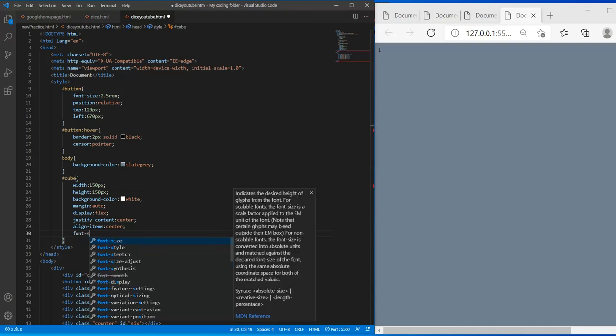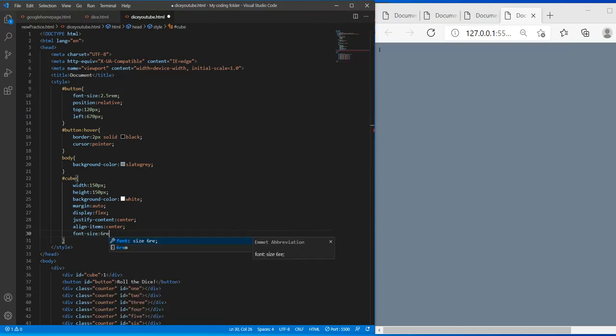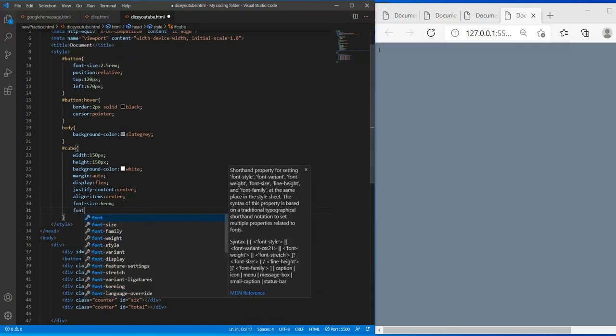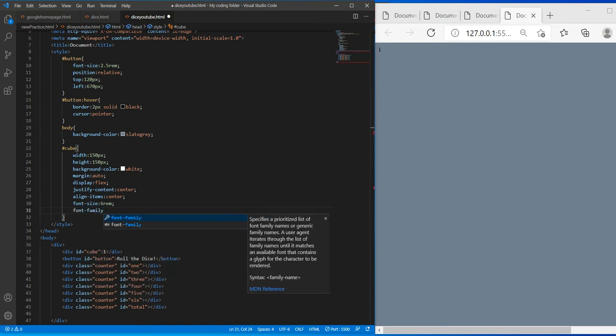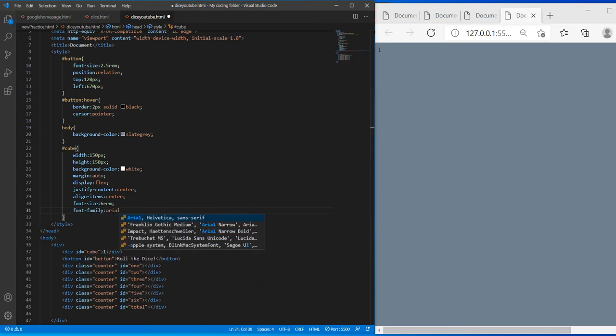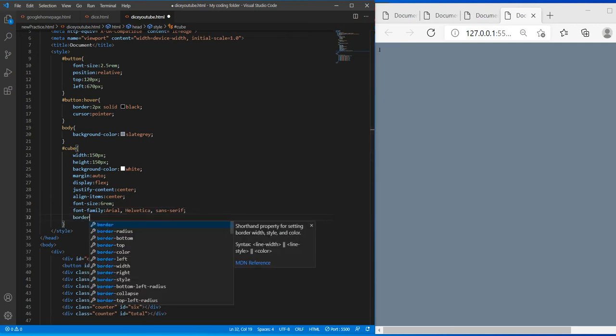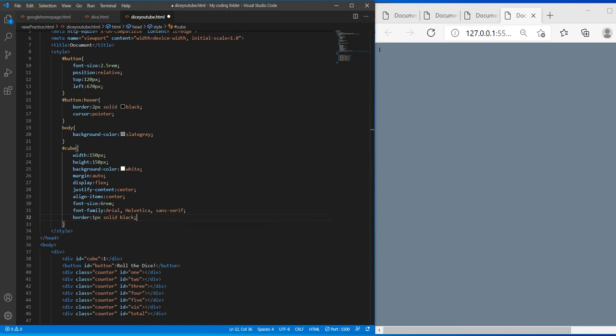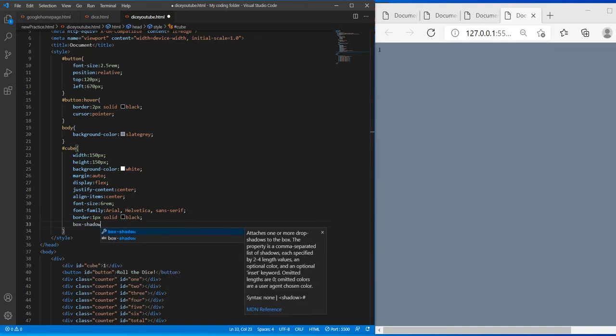I'll give it a font size of 6 rem, font family Arial, Helvetica, sans-serif, and border 1 pixel solid black, box shadow